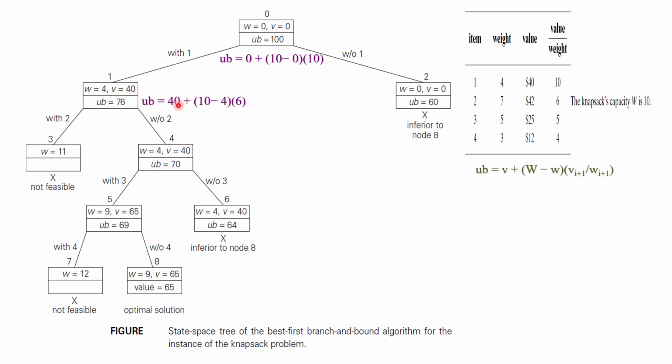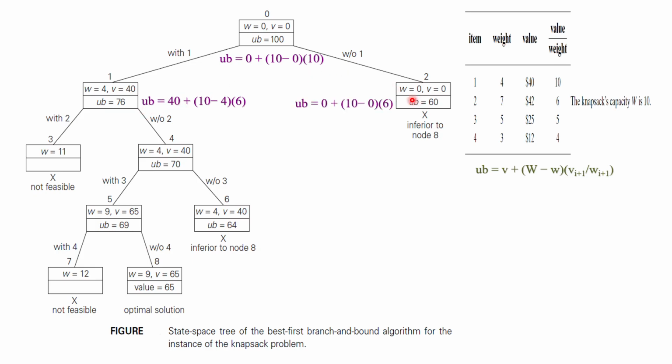So what is the V value now? It is 40 plus capacity of the bag, that is capital W, that is 10 minus the item weight 4, into ratio. Ratio of what? Now I am including the first item, so I have to take the ratio of I plus 1. If I is 1, then I plus 1 is 2 here. Now I have to take the ratio as 6 here. So if you calculate 40 plus 6 into (10 minus 4), it is 6 into 6, 36. 36 plus 40, it is 76. It is the UB. If you include the first item in a knapsack, then you will get the value as 76. That is the upper bound here.